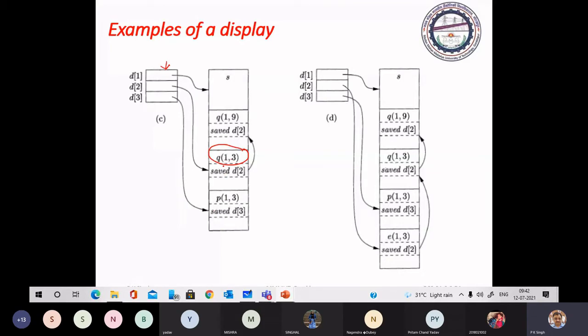That means when the partition function is executed and it returns the pivot, this information is removed because we don't need it. Now you have the array that contains two pieces of information.